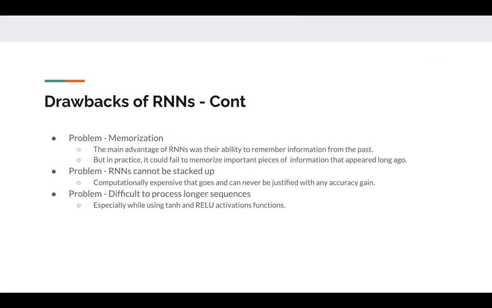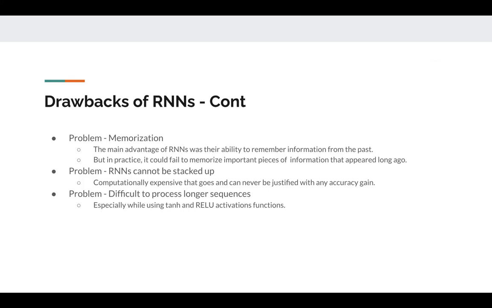And the other problem with RNNs is memorization. We actually discussed this when Chima pointed out Markov chain models and RNNs. The main reason we argued that RNNs are better is that they are able to memorize information that has been given in the past. Because if you look at HT, we have information from HT minus 1 embedded in it. So at this point, I am able to memorize what happens in the previous two steps, or theoretically in the previous n steps also, if you go by this formula.